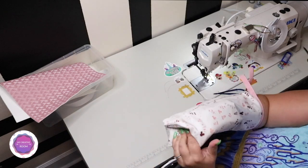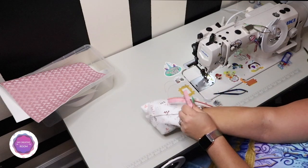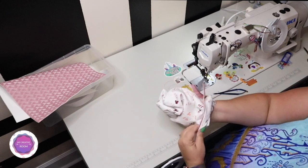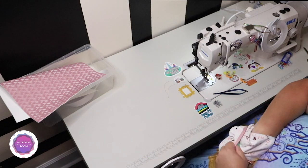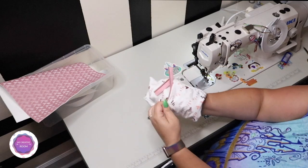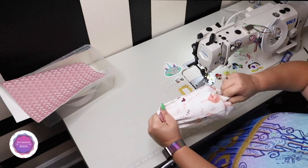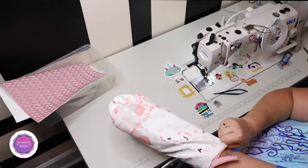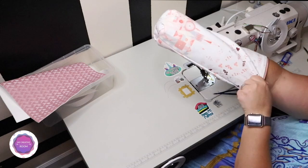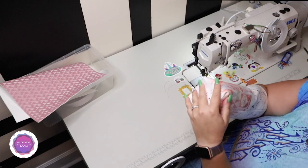Now you can safely grab the bottom and pull it out and turn it so that the right side is out. Because of the stiff interfacing, it needs a little maneuvering, but it works. There you go. Just the bottom part has the stiff interfacing and the peltex. The top doesn't, because you need to be able to pull it down. So push your corners, give this a press,